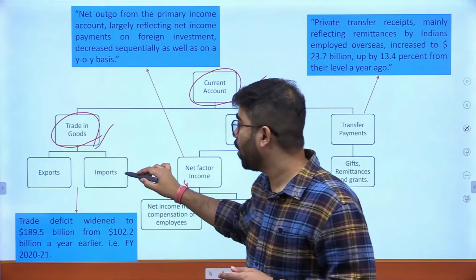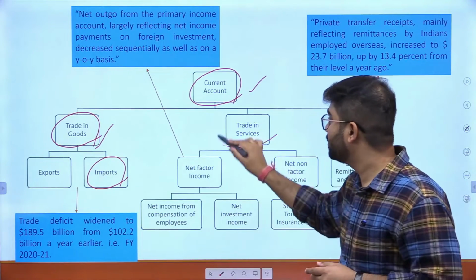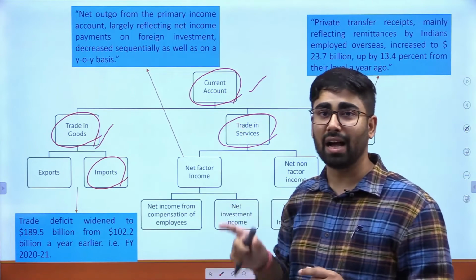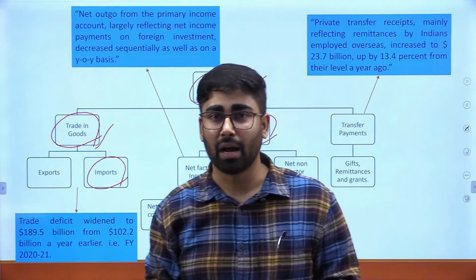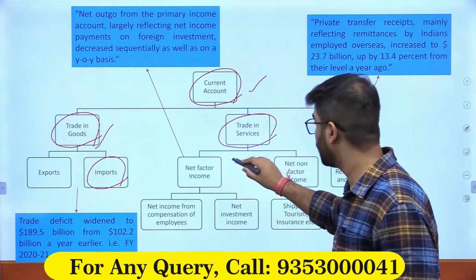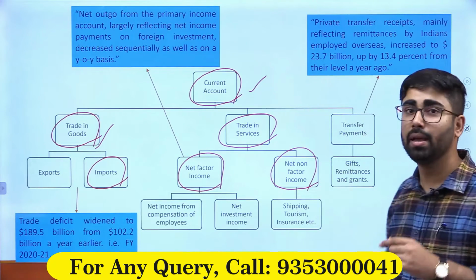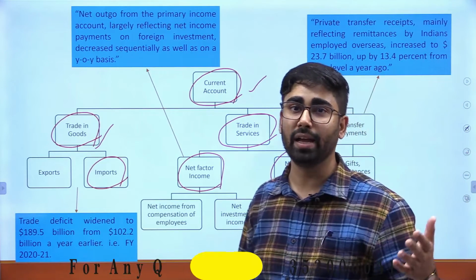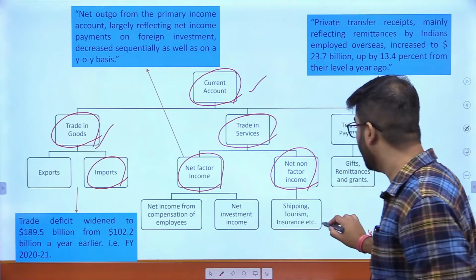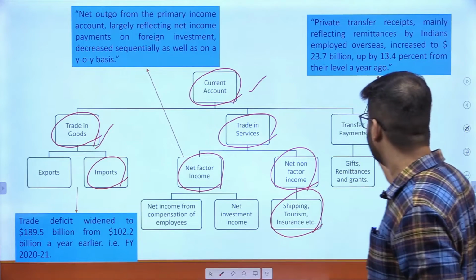You are importing oil and natural gas, part of trade in goods, ठीक है। Now there is trade in services as well. ट्रेड इन सर्विसेज मींस कि अगर बाहर से आके, अमेरिका से आके कोई इंसान यहाँ पे काम कर रहा है तो उसको जो हम सैलरी दे रहे हैं, that is net factor income, and there is net non-factor income, यानी कि हम बाहर अमेरिका घूमने गए, हमने वहां पे खर्चा किया, ठीक है, तो it essentially means कि हमने टूरिज्म का मोड यूज किया सर्विसेज में, ठीक है।